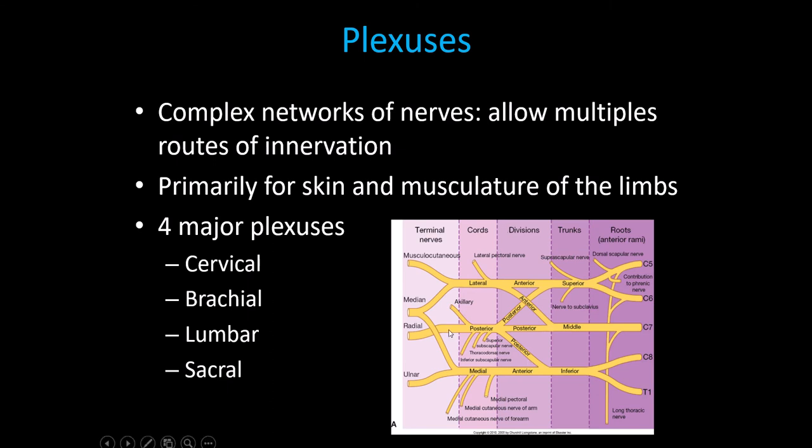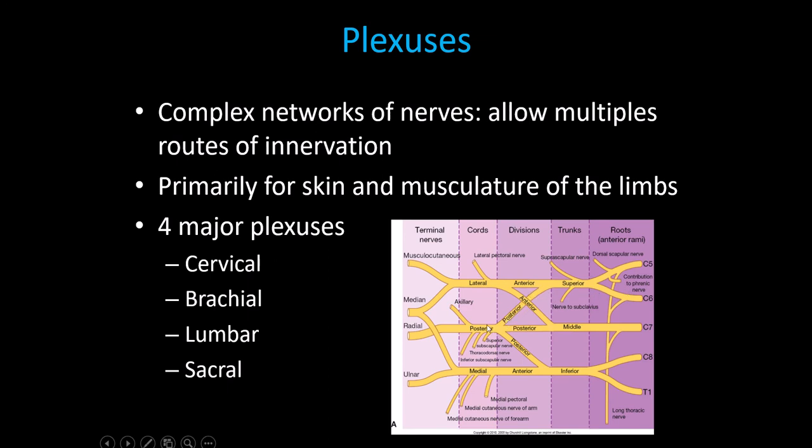So for instance, if we look at the median nerve here, the median nerve gets a nerve supply from the 5th cervical spinal nerve through this pathway. It also can get innervation through the 5th and 6th nerve,